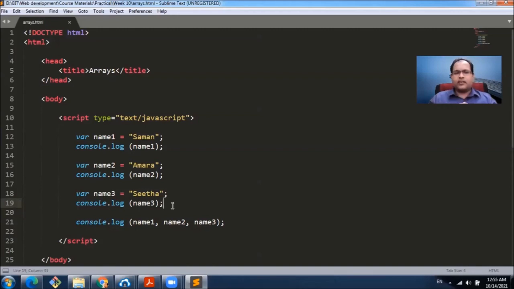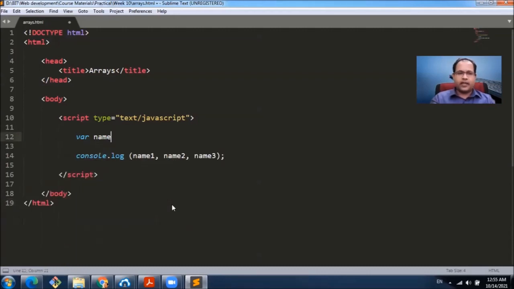It is not practical to create a different variable name for each value that we want to hold. In that case, we can use arrays. The special property of an array is that we can use the same variable name but can hold many values. It is a data structure provided by JavaScript.